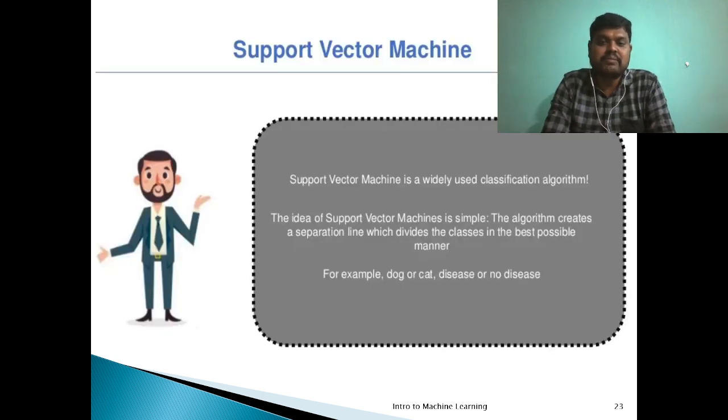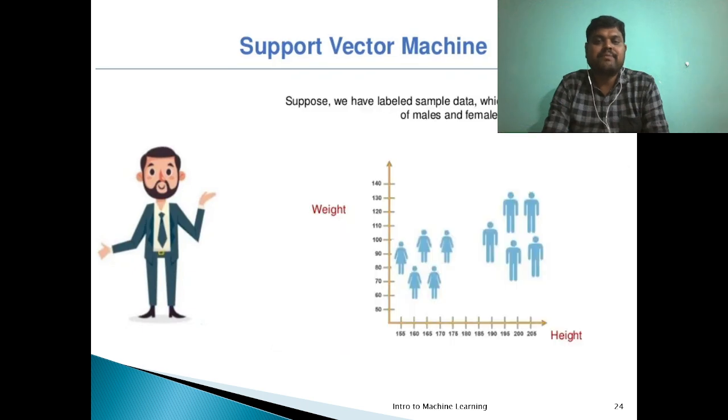Similarly, support vector machine. The idea of support vector machine is very simple. See, I have a group of people, male and female candidates, right? So I have a group of male and female candidates as per the height and weight, right? So I am going to draw a line, right?